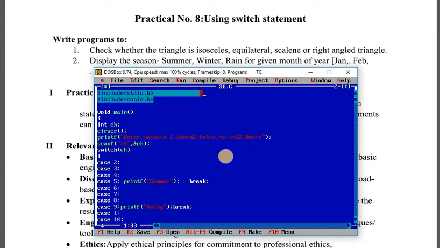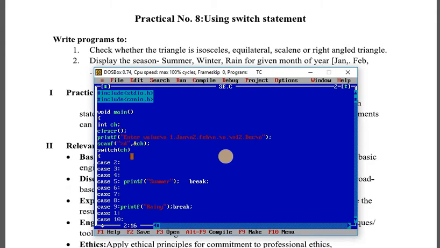See here, first we should create a new file and save it with the .c file extension. We have already included 2 header files, stdio.h and conio.h. In void main we have declared one integer variable to take input from the user.